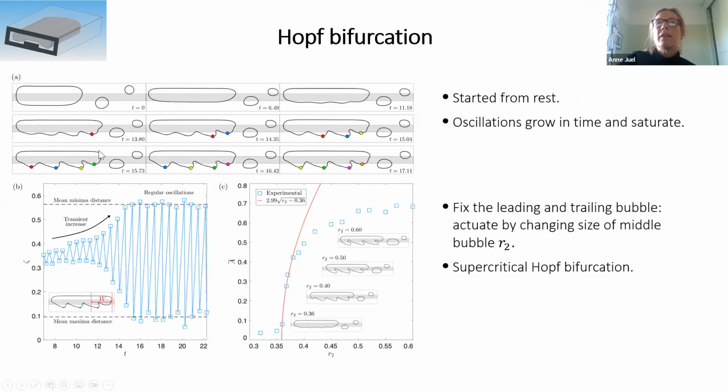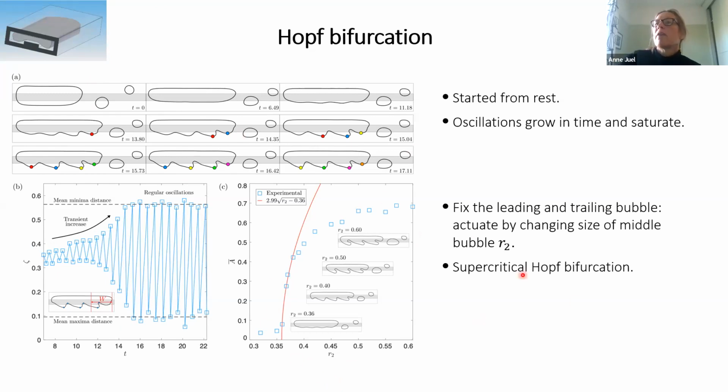And if you look at this a little bit further, you can start from rest, and you can look at these oscillations that then grow in time in this sequence here. And if you plot this, you can see that the oscillations grow in time and then eventually saturate. So it reaches a steady state of oscillation.